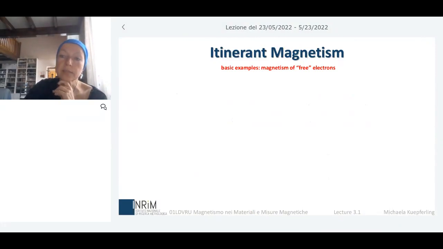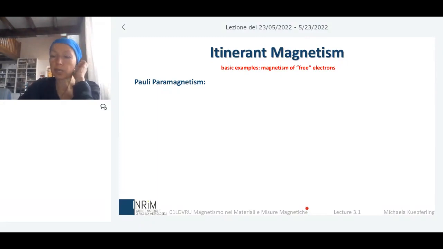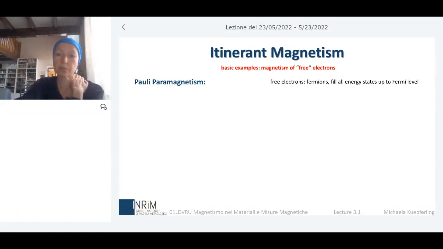So band magnetism is magnetism in conductive materials, let's say, where magnetic moments are not localized but transported. One of the examples of magnetism that can happen in systems with free electrons, and here we are considering completely free electrons, let's say, is paramagnetism, and this is the so-called Pauli paramagnetism. So we have to understand first Pauli paramagnetism in order to then describe the ferromagnetism of free electrons. So considering now, this is just a summary of what you studied in solid state physics,